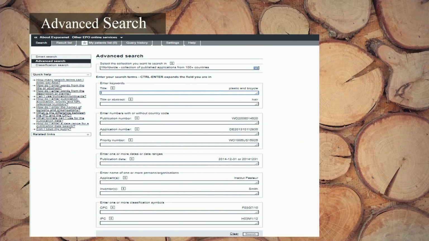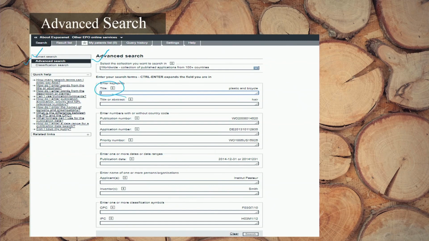So, here what you can see on the screen is the advanced search window. Below it is exactly the smart search window that is displayed. Now, here you can see the various options for you. Which are these options? You can use the title, you can use a particular keyword to search in the title